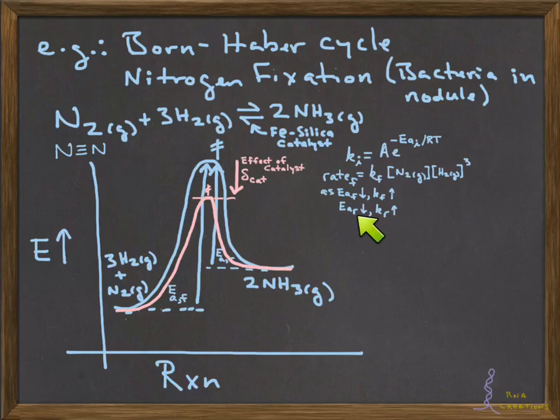We can also talk about what happens when the activation energy for the reverse reaction is lowered. Well, then that's going to increase the rate constant for the reverse reaction, just like what happened for the forward reaction. So the catalyst is speeding up the forward reaction, and it's speeding up the reverse reaction. What is it doing to the equilibrium constant? Well, you might guess that it's not changing it because it's increasing both the numerator and the denominator, and the effects might cancel out. And in fact, you would be right, but we can show this rigorously.